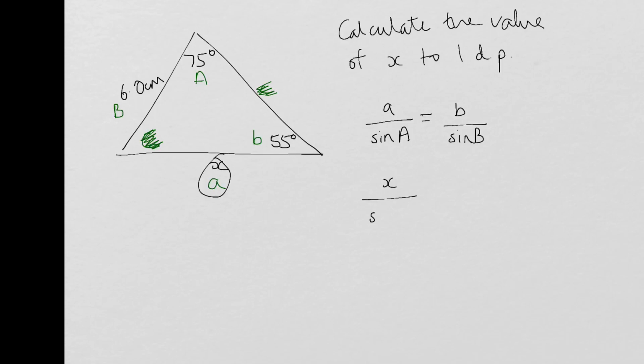So that's x over sine of 75 degrees is equal to b, so that's 6.0 over sine of 55 degrees. And rearranging, I will get x is equal to 6.0 over sine of 55 times sine of 75. So the value for x you will get